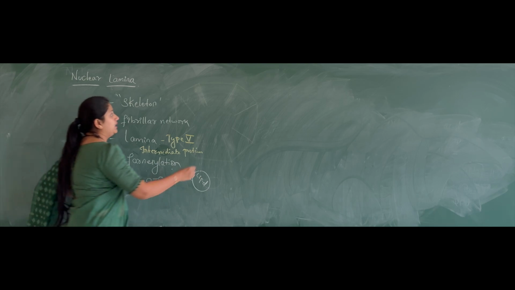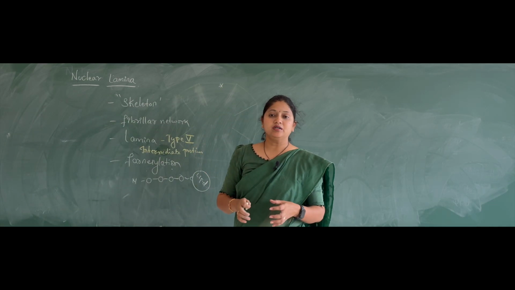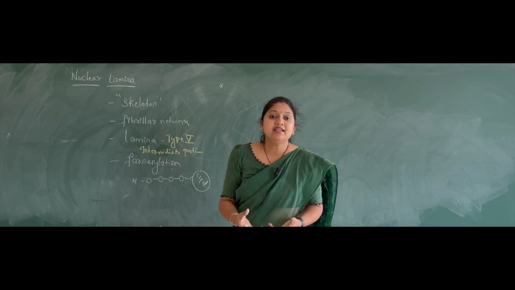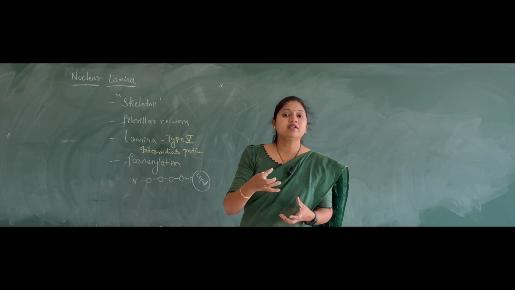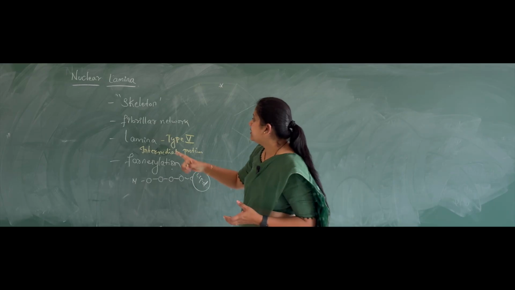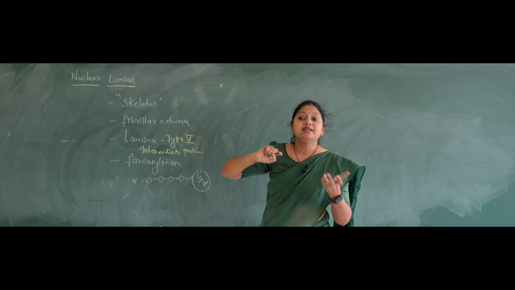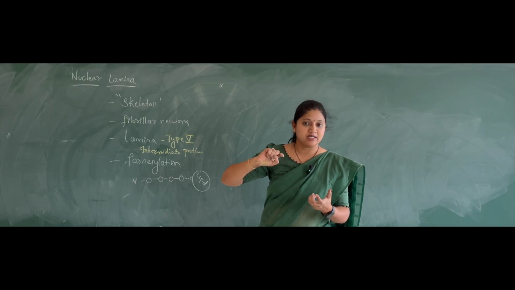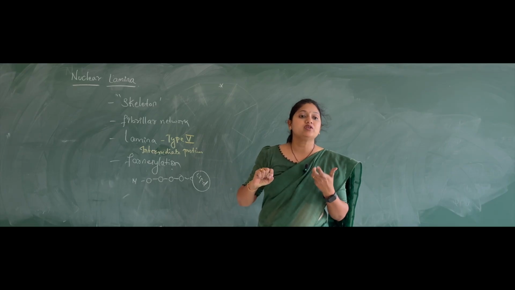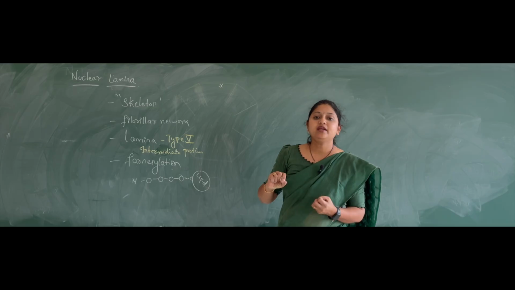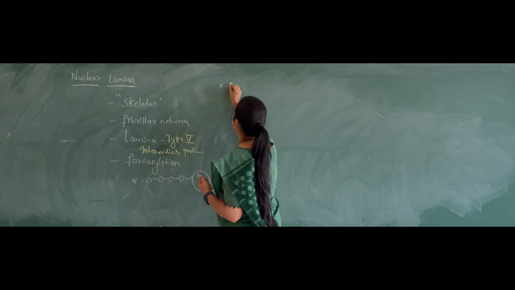Then why do we need this nuclear lamina? What is the major necessity of having the nuclear lamina? The one thing is it acts as a skeleton system, right? It gives proper rigidity to the nucleus. The structure of the nucleus gets a proper shape and rigidity. And another important reason why we should have this nuclear lamina is it